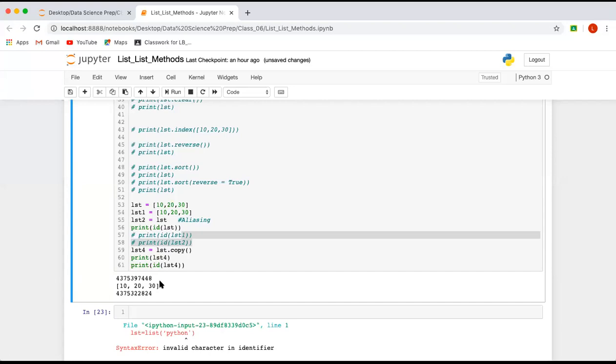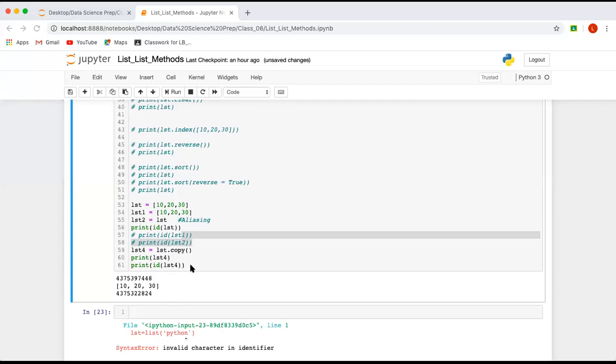Clear? So this is called the shallow copy. If you want to create a shallow copy, then you go for the copy function.